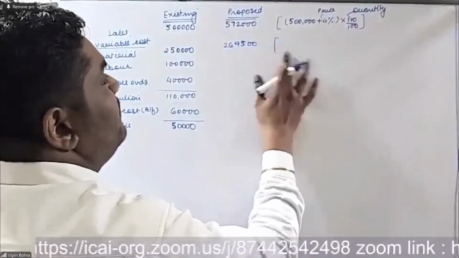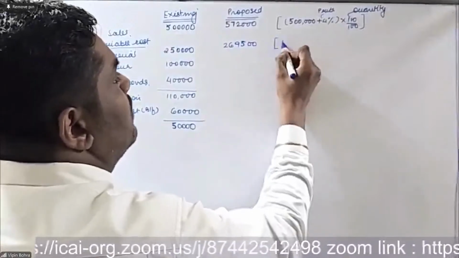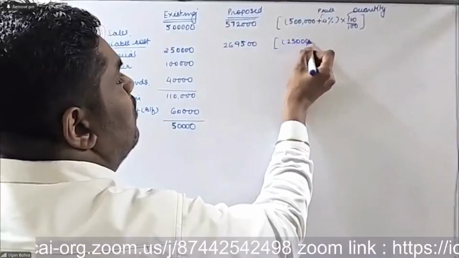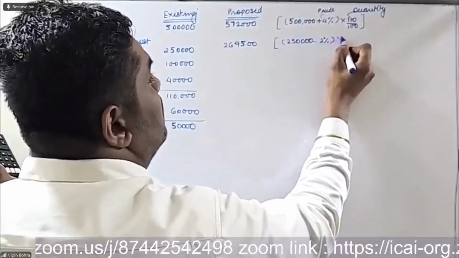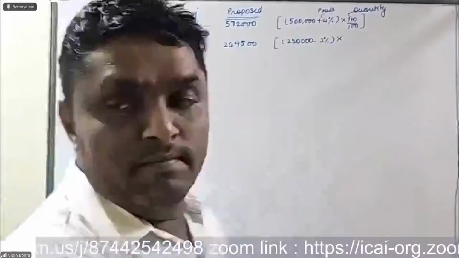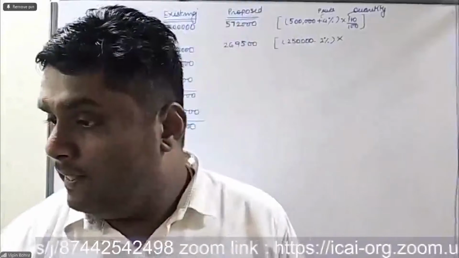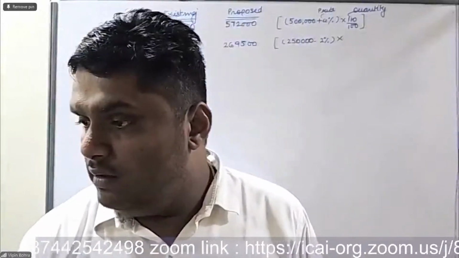That is 2,50,000 minus 2% multiplied by, there is a reduction by